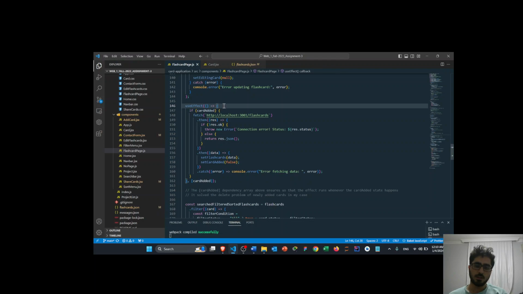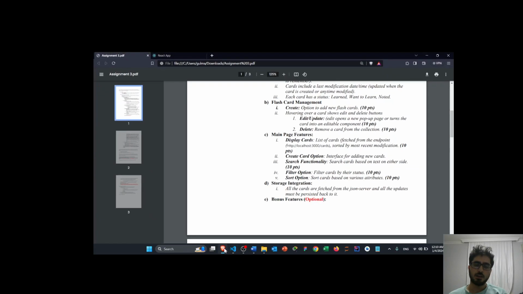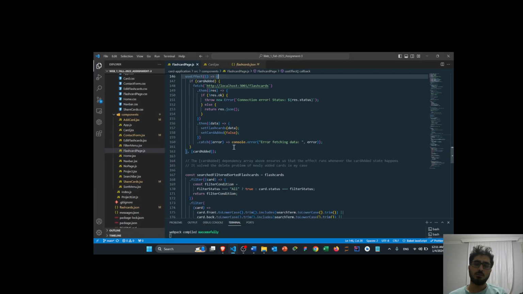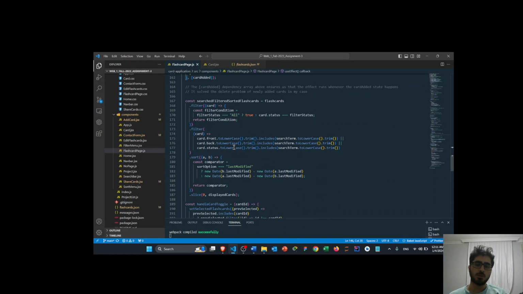So here is about display, but what is really being displayed is those three functionalities that are applied on cards. These are search, filter, and sort. So for that, I created one interesting variable called searchedFilteredSortedFlashcards. So basically I take flashcards. As I mentioned before, this flashcards refers to the flashcards before those functions are applied. I mean,